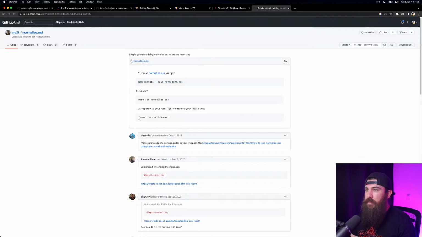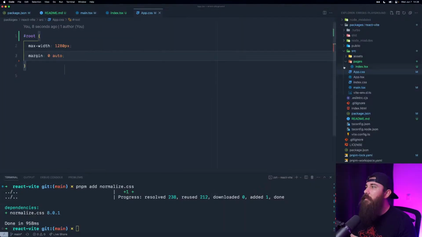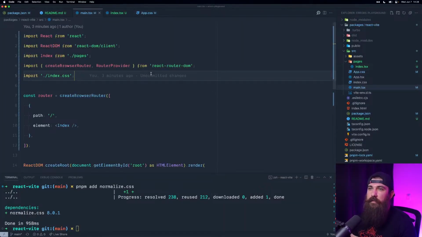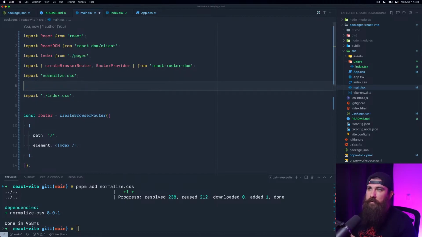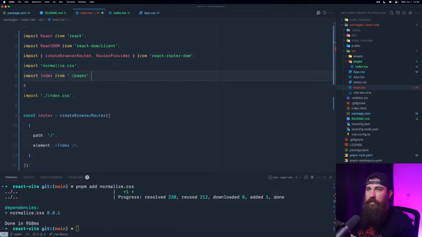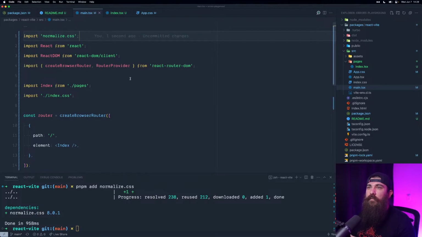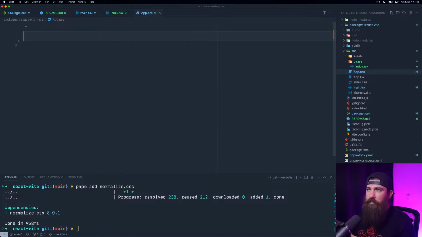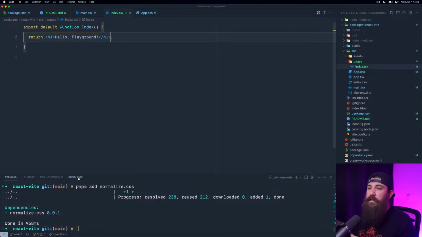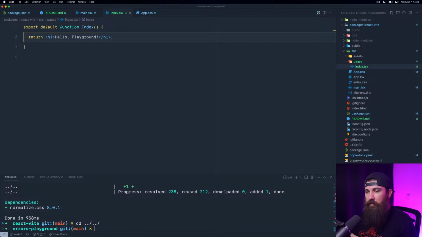We installed it, and we can just import it into the JS file. Okay. So in our main, aside from the CSS, we're also going to import normalize, and we're going to import it first. This is also a local import, so let's do this. There we go. Okay, this looks good. We have the root. I don't think we need to do anything with this now. So for now, we'll just have a blank CSS, and then we can start building out